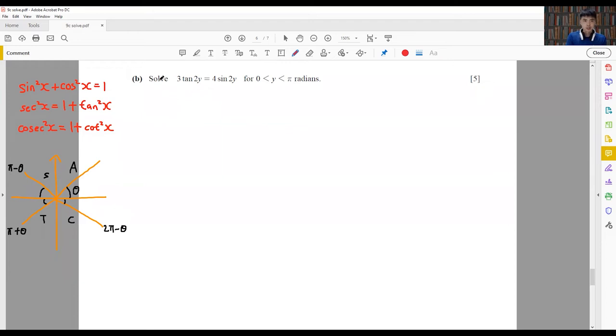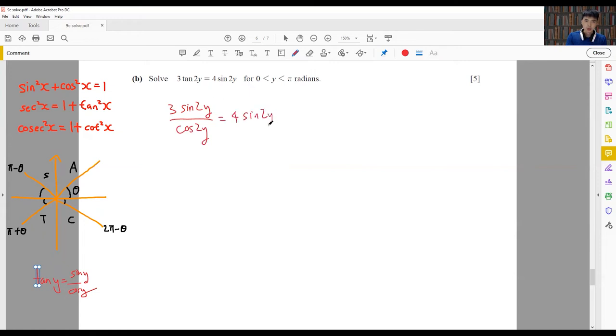So let's try to solve this. You have 3 tan 2y equals 4 sin 2y. What you need to do is change this tan 2y. Tan y is actually equal to sin y over cos y, right? So tan 2y is just going to be sin 2y over cos 2y, so 3 sin 2y over cos 2y equals 4